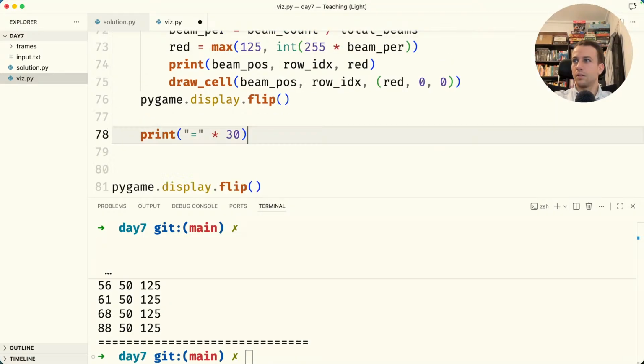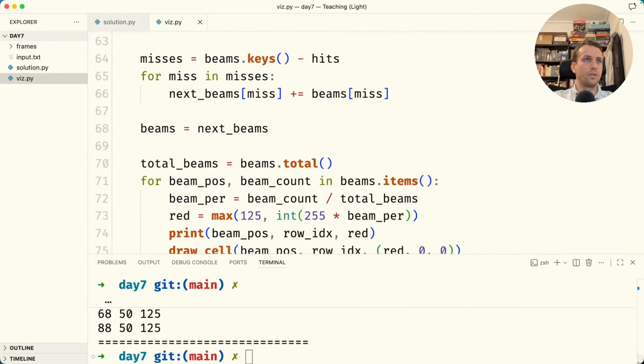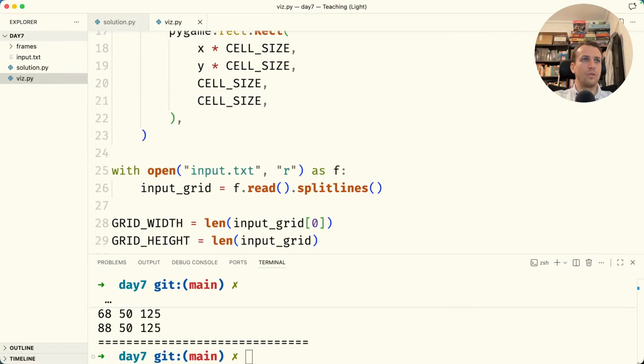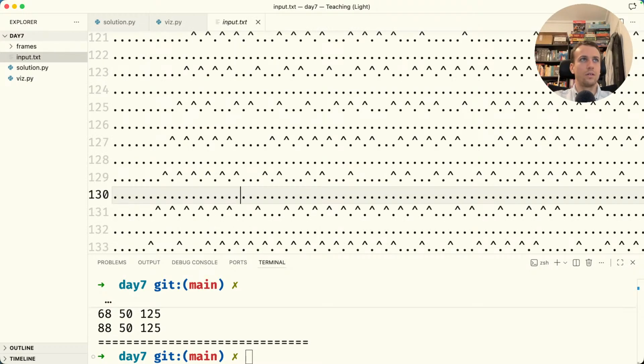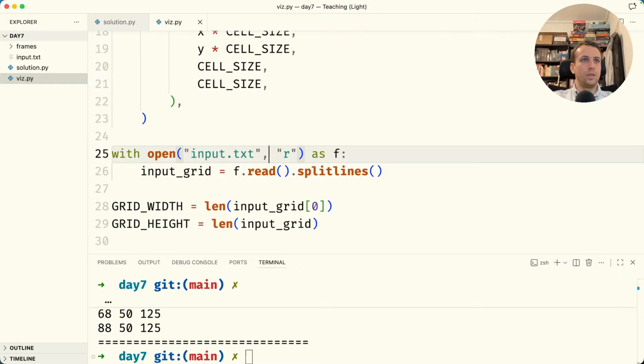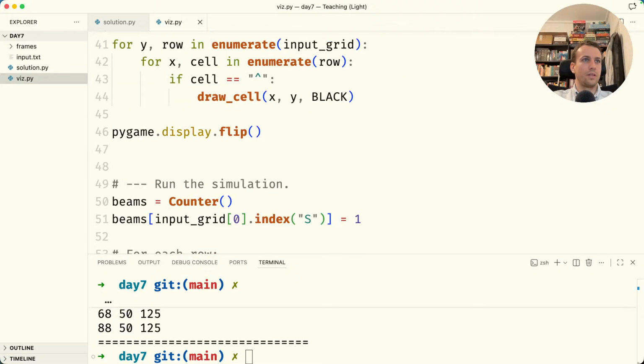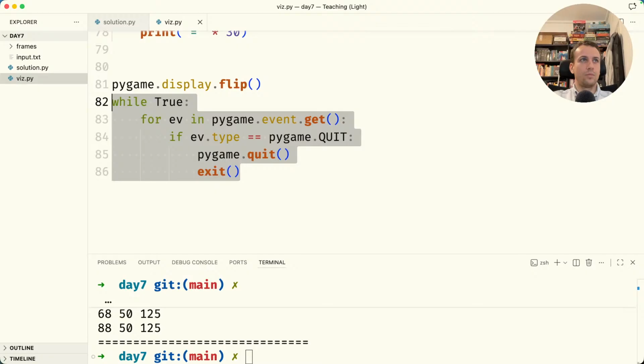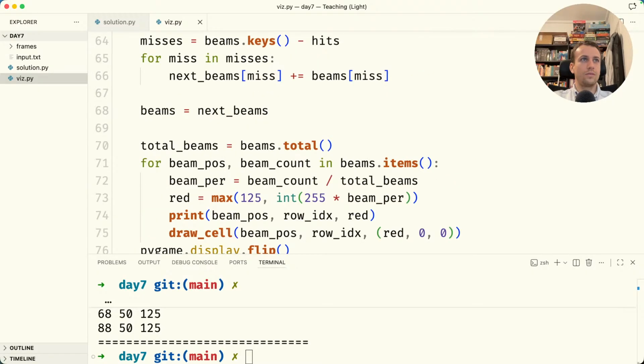Okay, I'll do another brilliant thing. I'm using the full input. That's why I'm very confused. I'm reading the full input file, input.txt. It has the whole thing. And yeah, I don't even have the sample pasted anywhere. I'll do another brilliant thing, which is after each row,